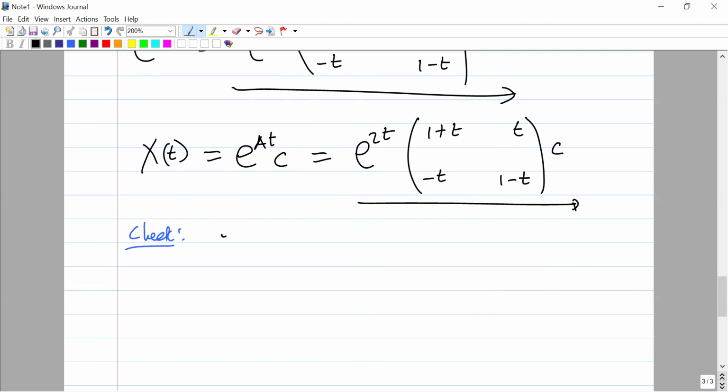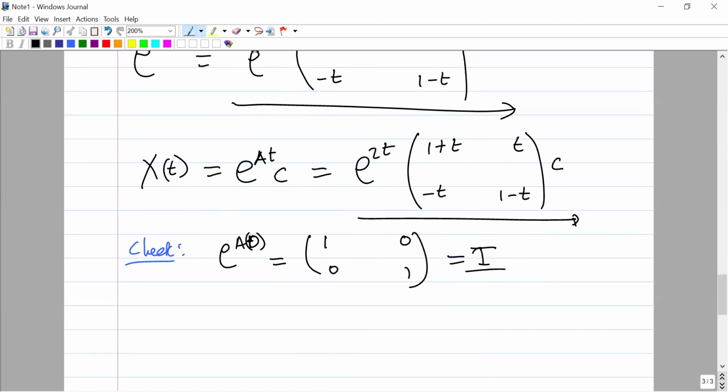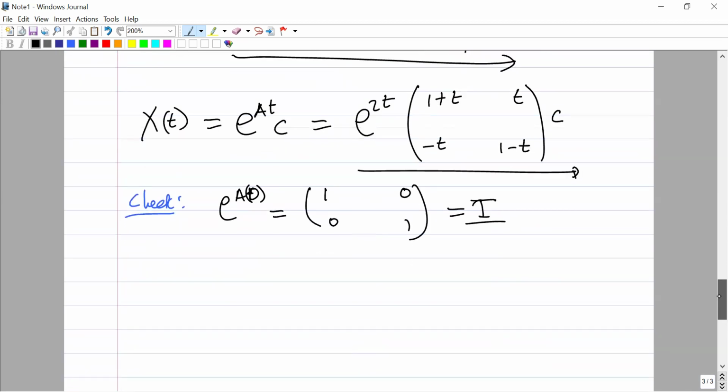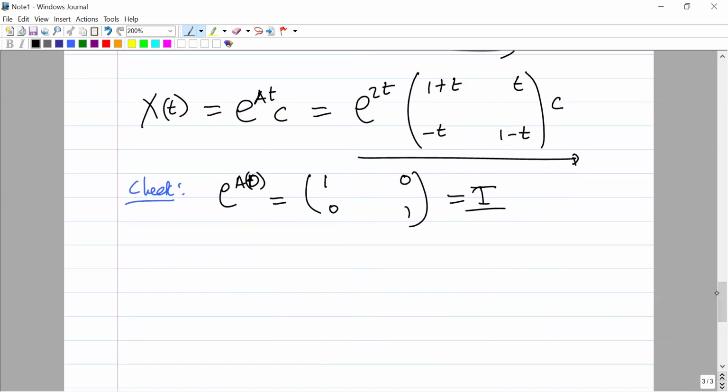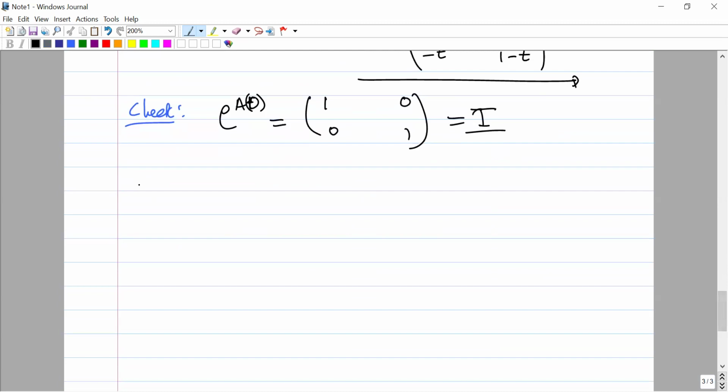So we know that e to the power at, at 0, should be equal to I. So let's see, this will be 1, 0, 0, 1. So it is I. So this confirms that our computation is quite correct. So there we are. We have our homogeneous solution. So now we move to the